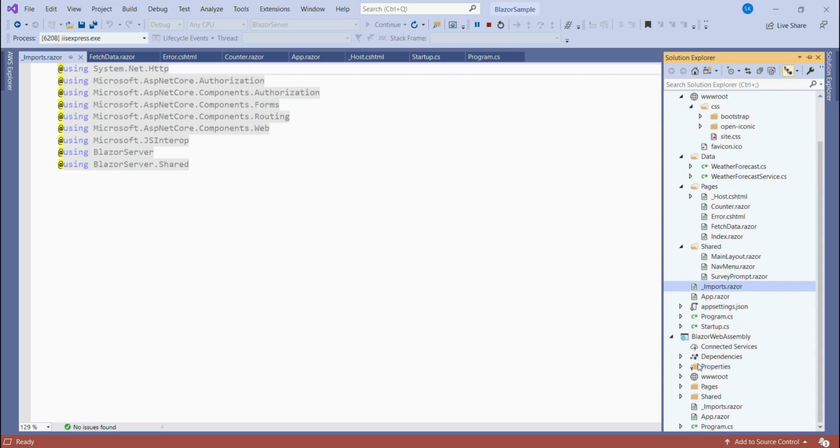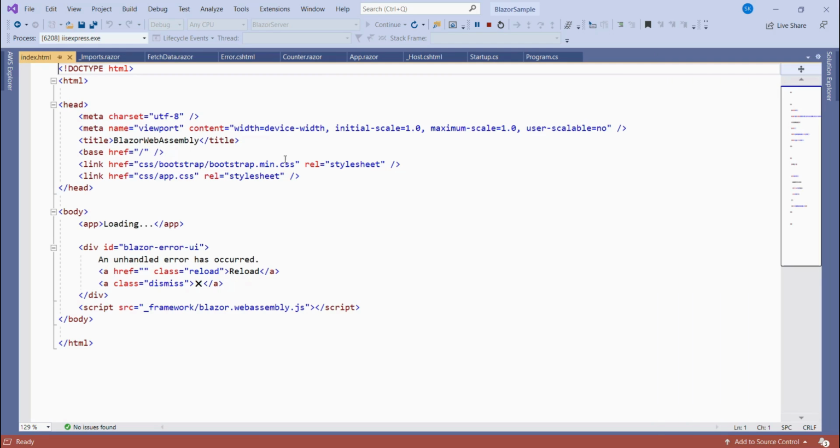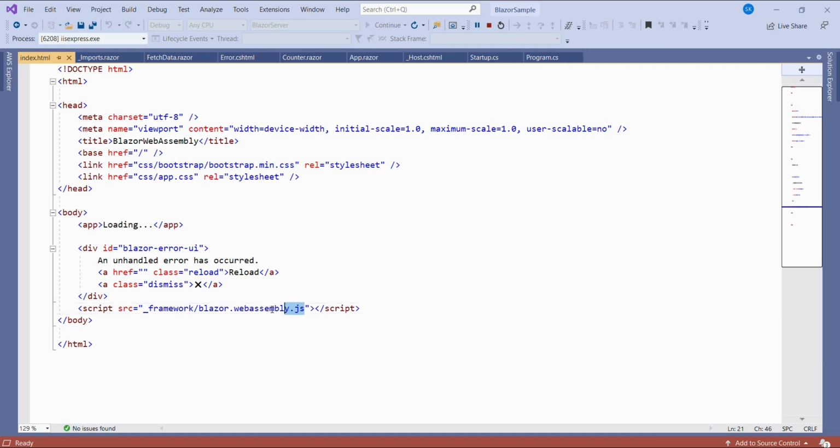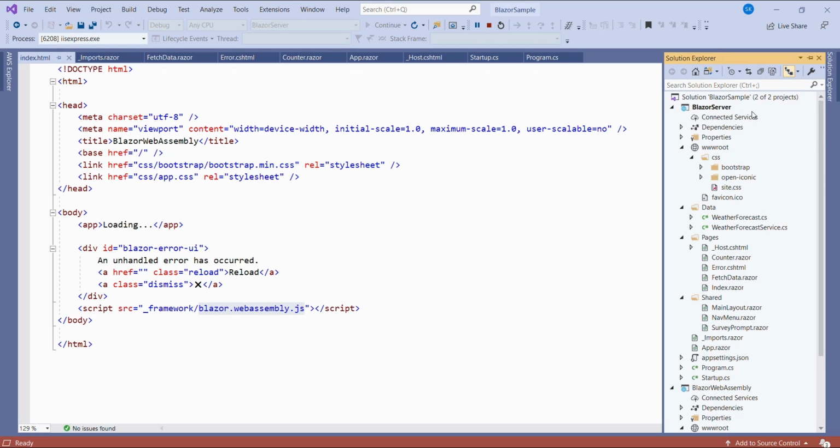And after that, in Blazor WebAssembly inside the wwwroot folder there is an extra index.html file. So this file is the root page of the WebAssembly project, and this file contains the Blazor WebAssembly JavaScript. So this blazor.webassembly.js file will contain all the functionality, like it will download the compiled code, its dependencies, and the .NET runtime to the client browser. So this is all about the folder structure and the project structure in Blazor WebAssembly and